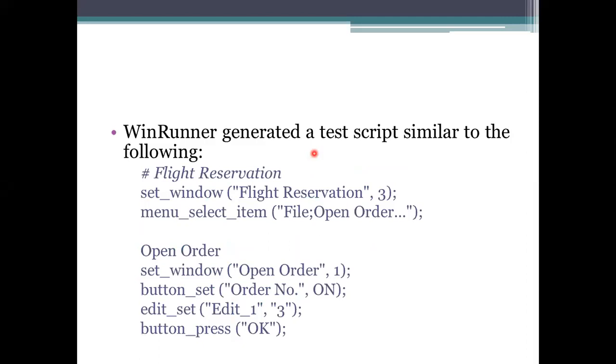Coming to the test script that has been generated, the window that has been opened is the flight reservation. Next, the element considered is the order number here. The order number here is 3, meaning there is a third reservation we are doing. In this one, I am opening the order here, to see what the order consists of, how many orders there are. It has 3 orders, and I need to open 1 order. So we need to see whether it is opening or not. The order number is set, and next we edit this representation as 3 here.